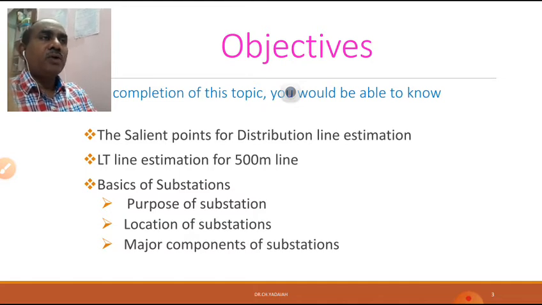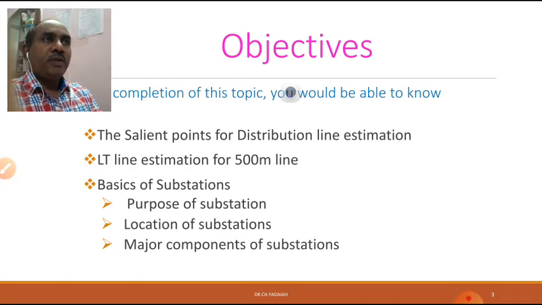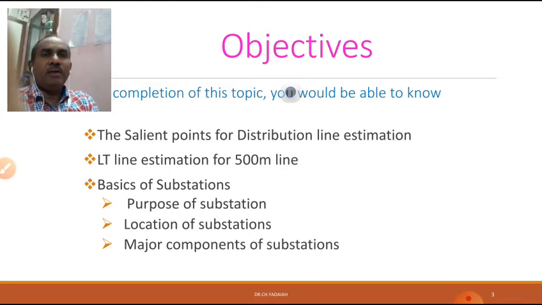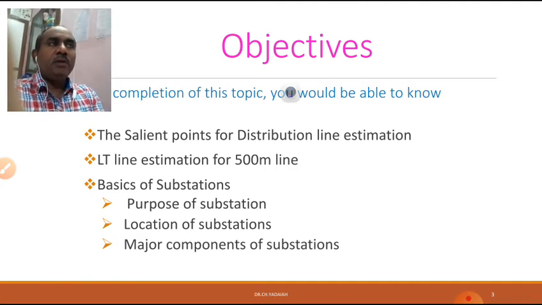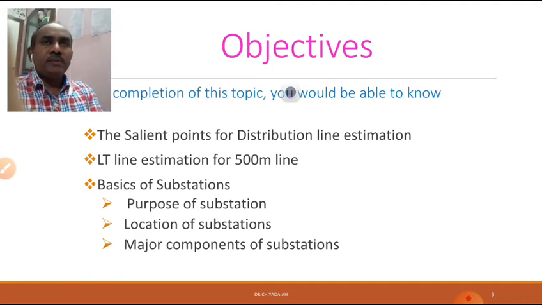That is a 400 volts 3-phase supply, and single phase supply is phase and neutral, 230 volts. In domestic, we are using the 400 volts 3-phase or single phase 230 volts. Now coming to our topic, last class we have already done one LT problem where